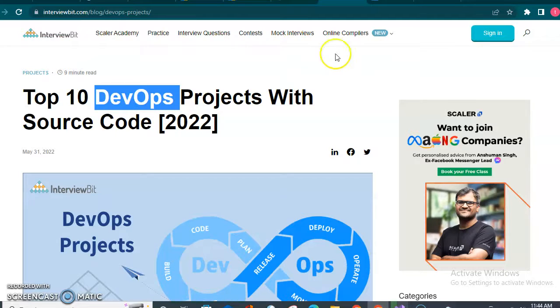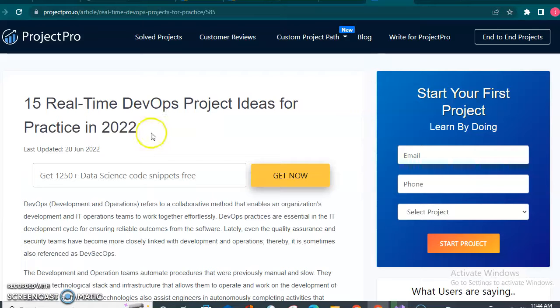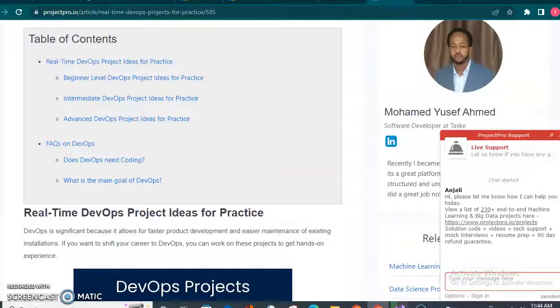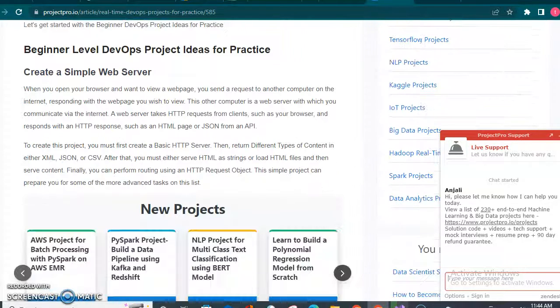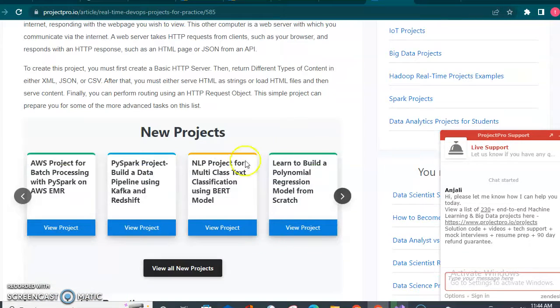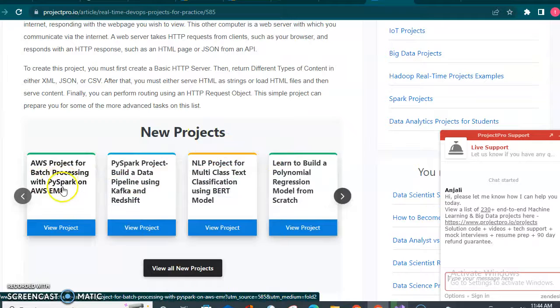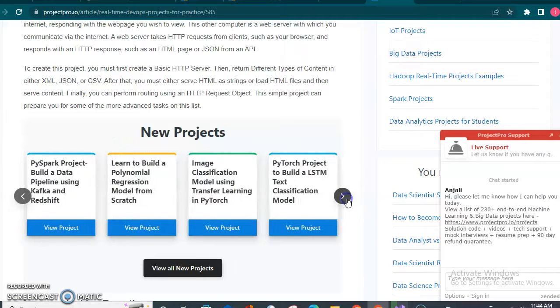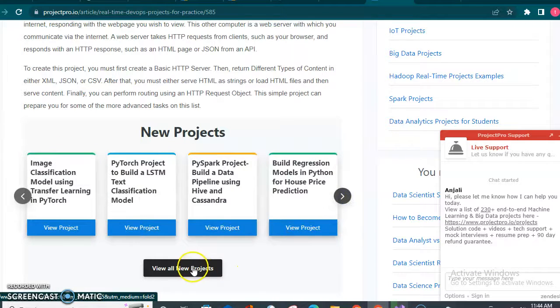It's called InterviewBit. The second one is Project Pro. You just have to register yourself if you need any kind of projects from here. They also have chat support, so if you want to talk with the person who runs this website, they will guide you in a well-managed way. You can see new projects, AWS projects by ProjectPro, and different NLP related projects. There are a lot of projects. If I click it right here, it will take me